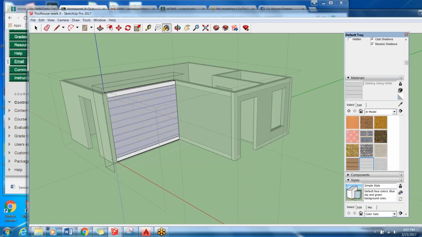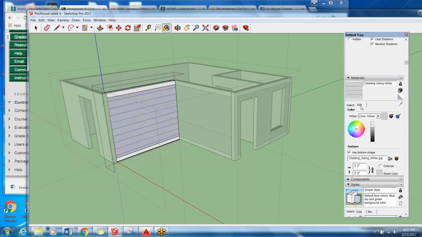If I go into my In Model, I can see that I have painted that. Once I've painted that siding once, then I could just get to it in here, which is a lot more handy because this is what I'm working with and I want to find something quickly. It's in the model. So that's where I have the ability to edit it. So if I said, no, actually, Mrs. Green, your husband changes the size. This is where I could come in and click Edit and do 6 foot if I wanted to and see it change